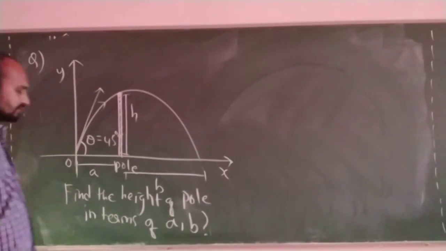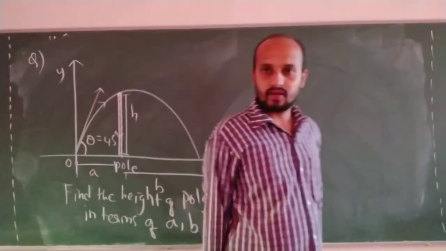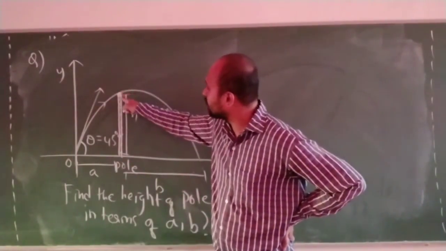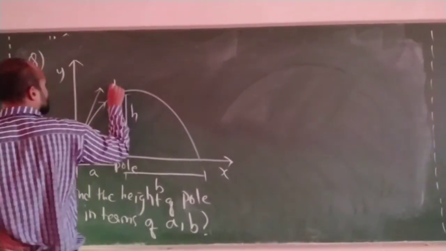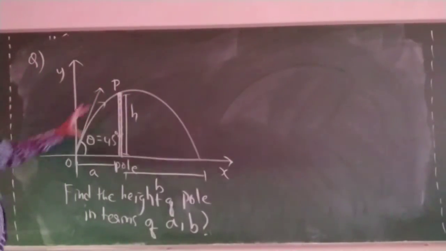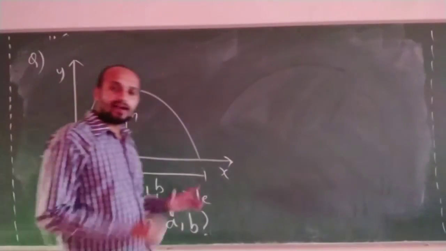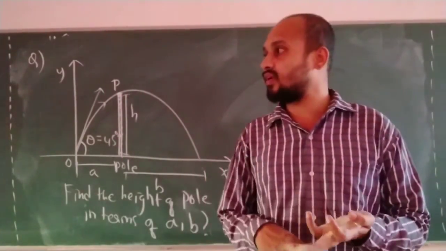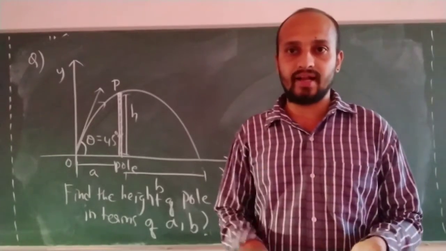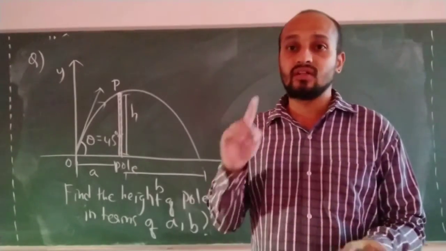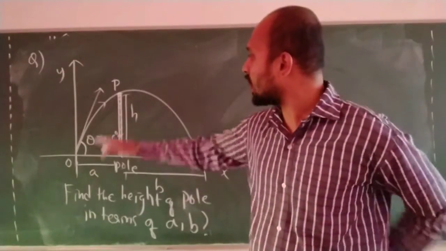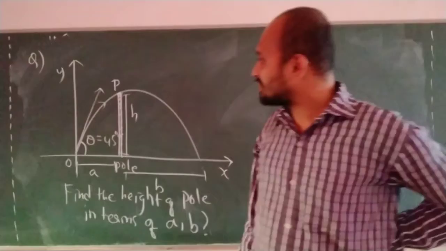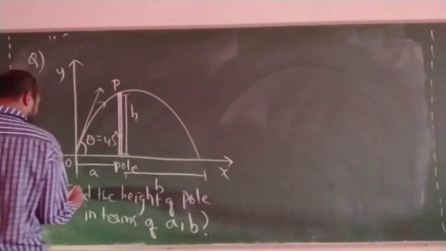So see, initial velocity is not given, angle is given, and somewhere at a particular position, let us take this point as P. Correct? No? He has given the height. So what formula can you use? Think about velocity, initial velocity, time of flight, horizontal range, maximum range. No one can help here. Correct? No? Most of the time. So what is this problem about?